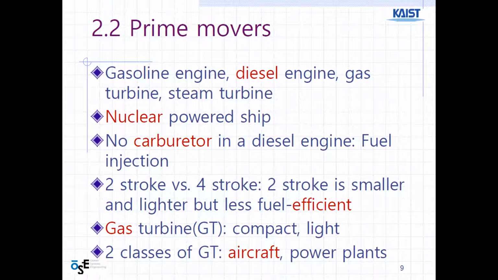Gas turbine is used mainly for airplanes because it is very small and so efficient. And in previous days, steam turbines were usually used for big ships, for example, the Titanic. Next, these days, nuclear powered ships are developed. And the detail is